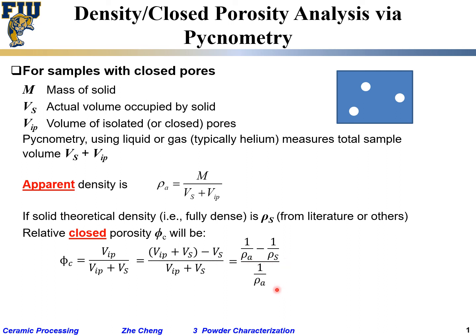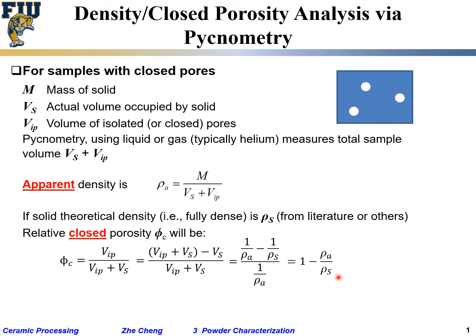Make sense? That's just the manipulation. And we can simplify this, right? This guy divided by this guy gives us what? 1 minus rho A, flip to the top, apparent density divided by